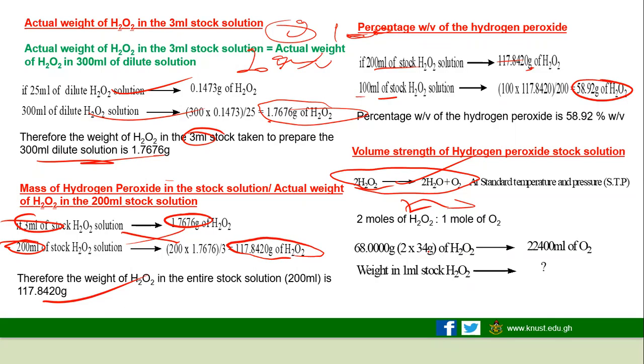It means 34 grams. That is, on a normal day, if you are doing our equivalent calculation, we would have said that 34 grams of the peroxide will react with, or will give us, 1 mole of oxygen gas. Now, we are saying that a mole of oxygen gas at STP corresponds to this volume, right? This is basic chemistry. It corresponds to this volume. That is the 22.4 dm cube,